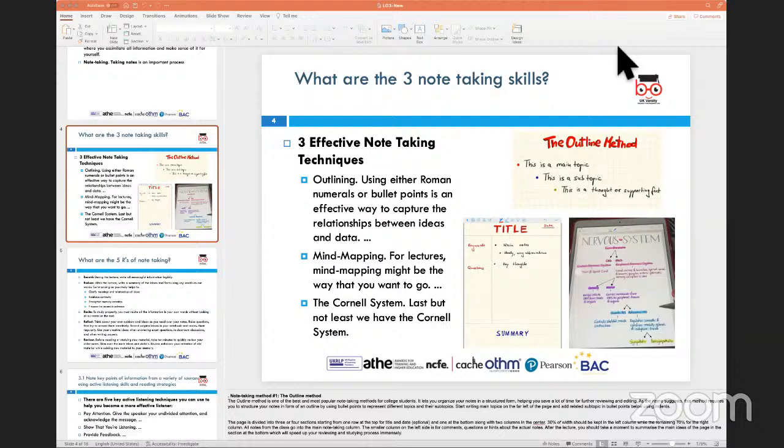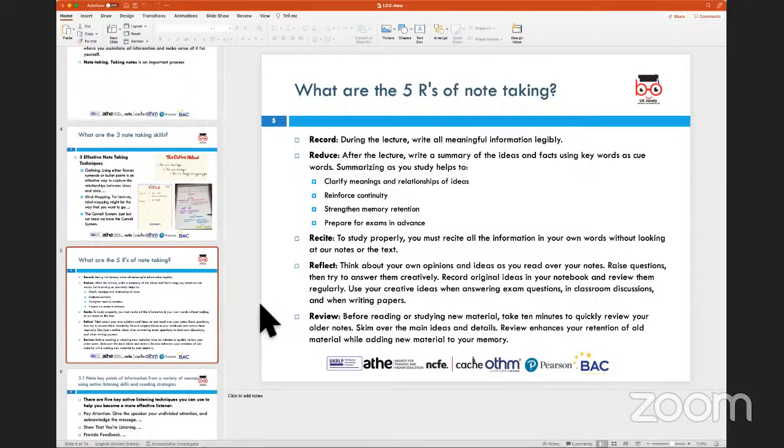And because the structure is there for taking notes, either using outline, mind mapping, or the Cornell system, this is where it makes it easier for them to interpret when they receive a copy of these notes. Now, one of the last things I would quickly discuss in terms of note taking as a process,